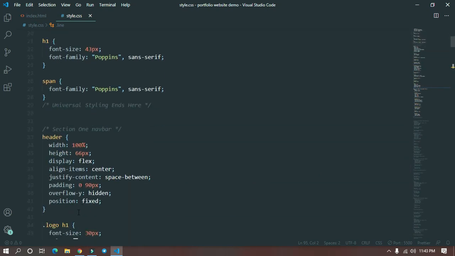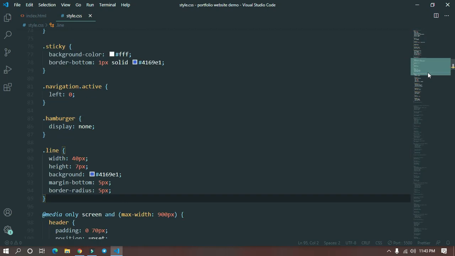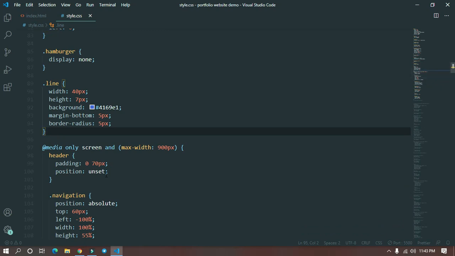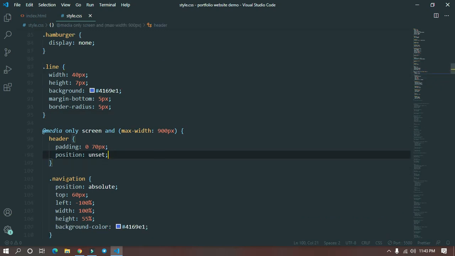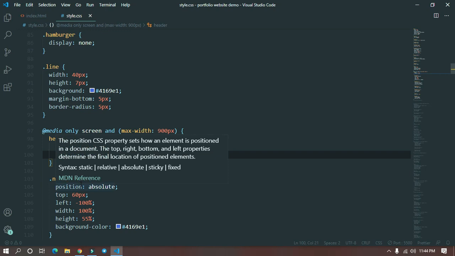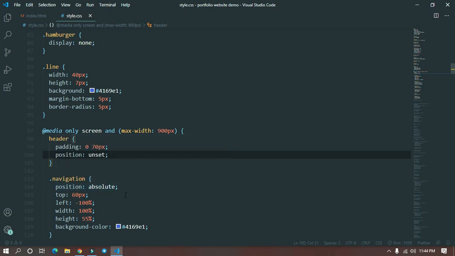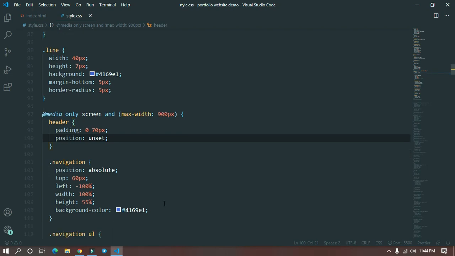We have applied position fixed here for the sticky navigation effect for desktop, so we will set the position to unset. For the navigation, we will set its position to absolute. From the top, we will display 60 pixels. From the left, minus 100%, width will be 100%, height 55%, and the background color will be this hex code.